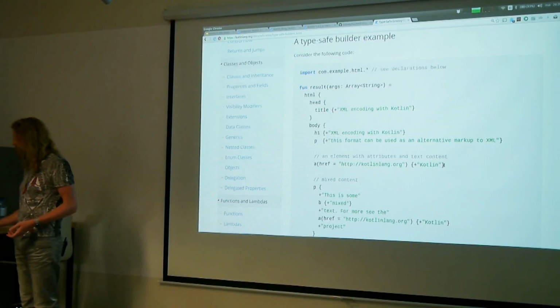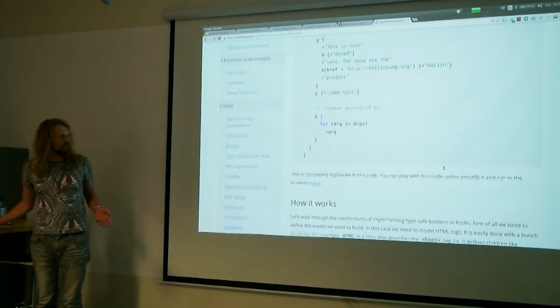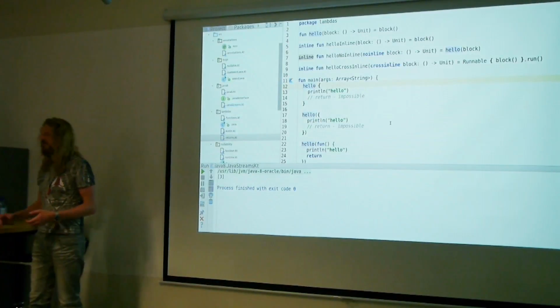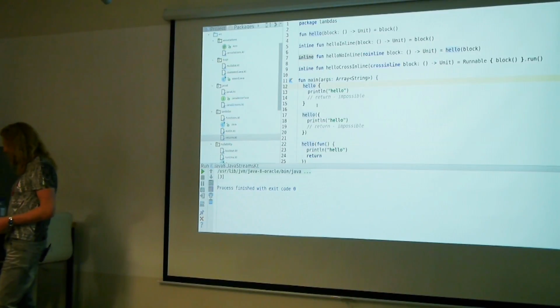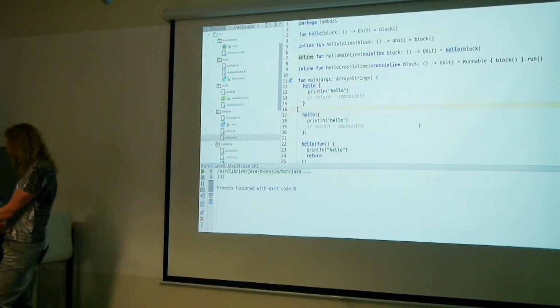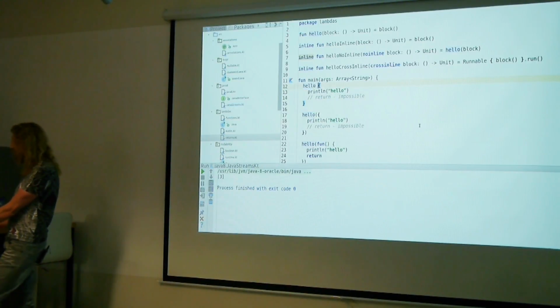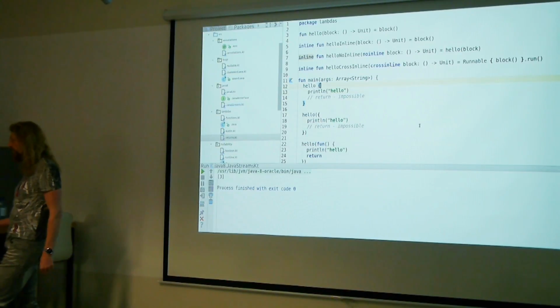So with Kotlin, the compiler will find the errors, and it's pretty easy to build this kind of thing. So this is also the power of Kotlin, that it's actually derived from Groovy, but with type safety. So actually here I have the same example. You can call hello passing a function parameter, and if it doesn't take any arguments, of course you don't need to declare anything here.